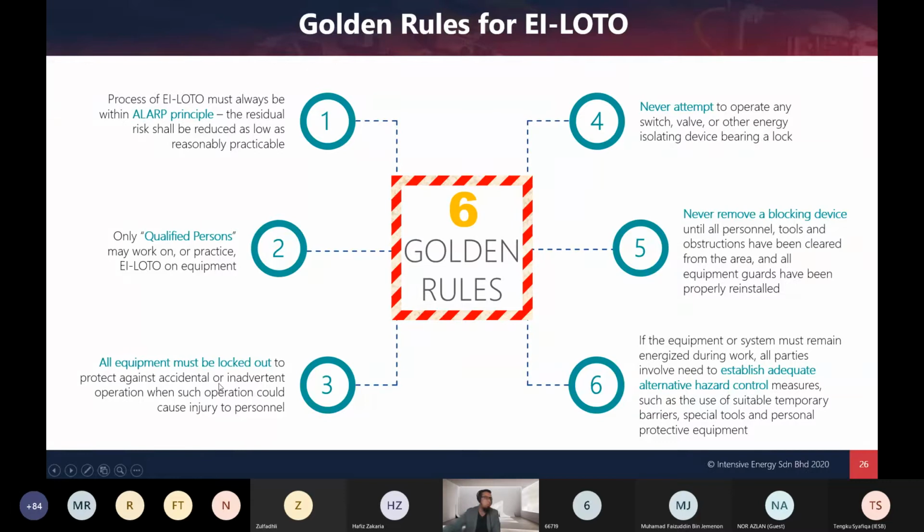And then all equipment must be locked out to protect against accidental. So you bila you isolate, you kena lock out. Okay. And then never attempt to operate any switch, valve or other energy isolating device. So if you jalan dalam plant, mungkin operation people, safety people, they won't touch equipment yang ada install LOTO. But other people datang tengok, cantik switch ni, tapi ada LOTO. They don't understand the lock, they don't understand the tag, they pun cuba-cuba. So never attempt. So basically some organisation they put specifically dalam technical guideline, safety guideline, violation of safety rules,